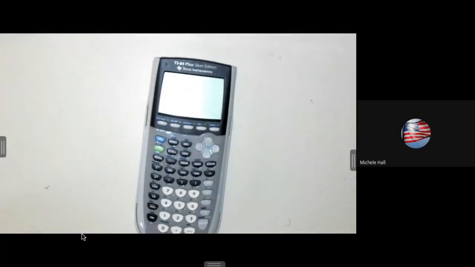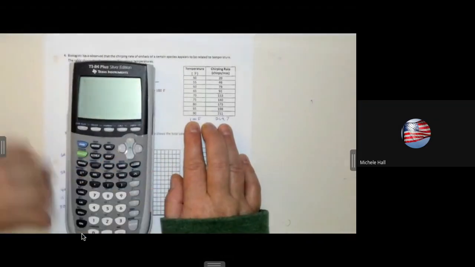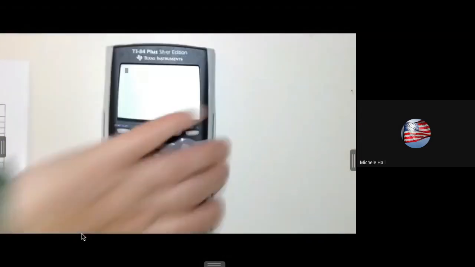We are going over problems 4 and 5 from the regression equations. I did a video already on problems 1, 2, and 3. And now we're going to take a look at problem number 4. I'm going to enter my data, go to stats,